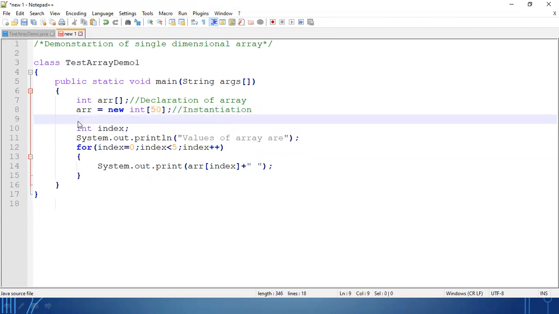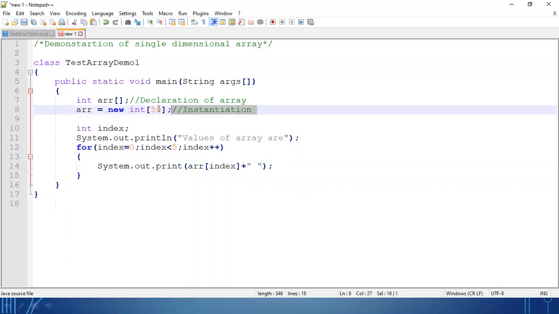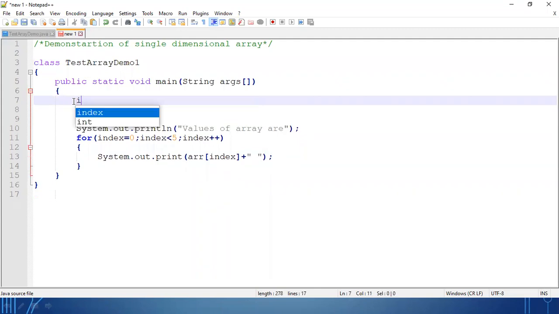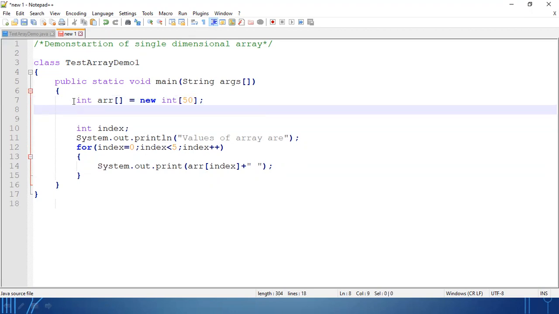I want to initialize by using the scanner class. Okay. So these two statements I can write combinedly. How? Integer array equal to new int. You can give a larger size. Okay. Integer size.